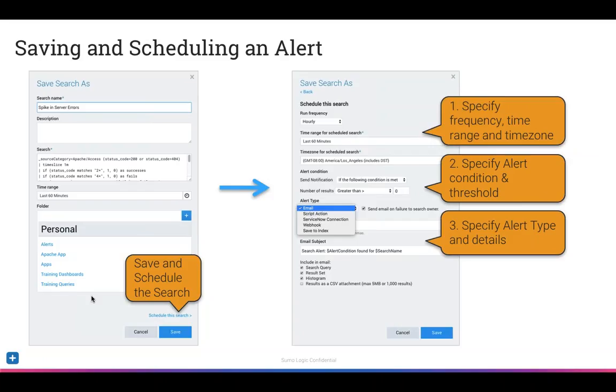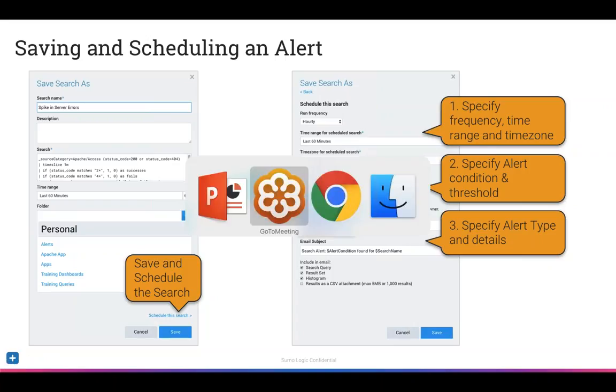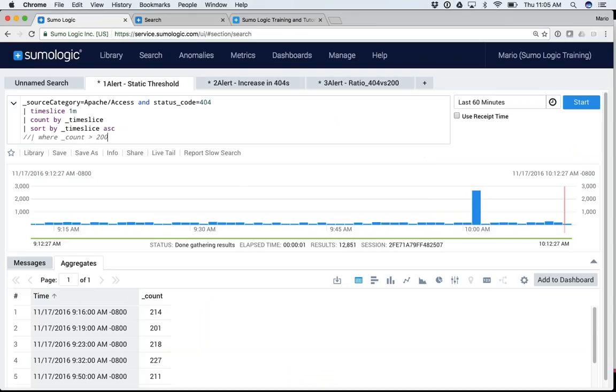So let's talk first about the mechanics. It's incredibly simple to schedule and save an alert. Once you have your query, you click on Save, you say Schedule this search, and then it's down to three main steps. You specify the frequency, the time range and time zone, and the second one is you specify that condition or that threshold you want to meet. And last but not least, you specify the alert type. So let me show you how to do this in the UI